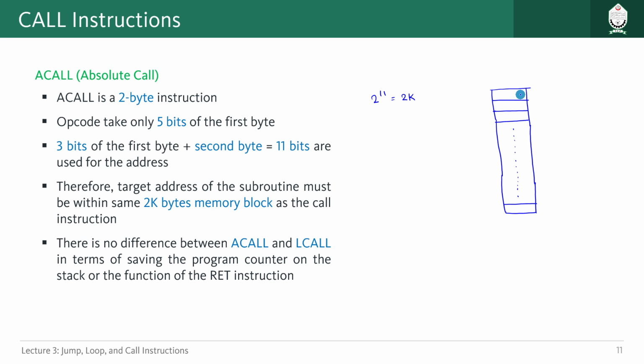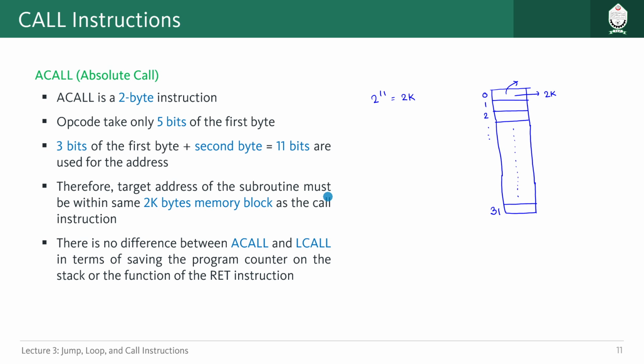Each of them, let's say, have 2K bytes of memory. So if you divide them like that, you can have 0, 1, 2 in this way up to 31. So in total 32 different memory blocks. So we are talking about this kind of memory blocks, and whenever your current instruction is inside one of the blocks, what they're trying to tell is the subroutine should also be in that particular memory block,